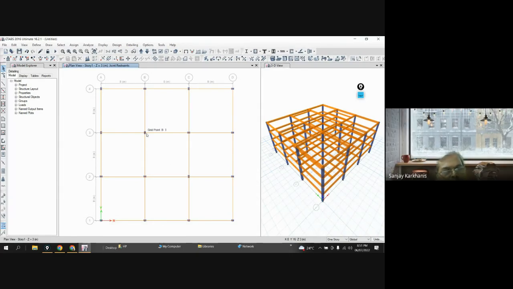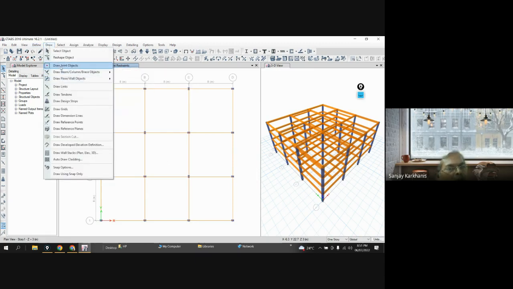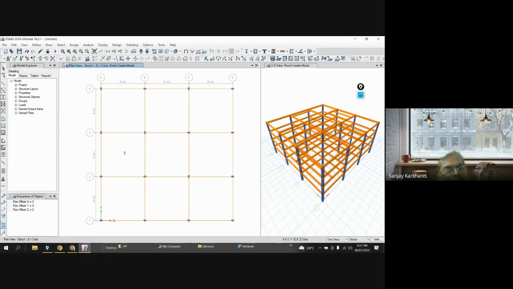Let's say you want a column at something 2 meter on this side and 1 meter below. You want somewhere column somewhere here, which is 2 meter from this point and 1 meter below. You can do that. Just go to draw, then go to draw point object, and in point object,